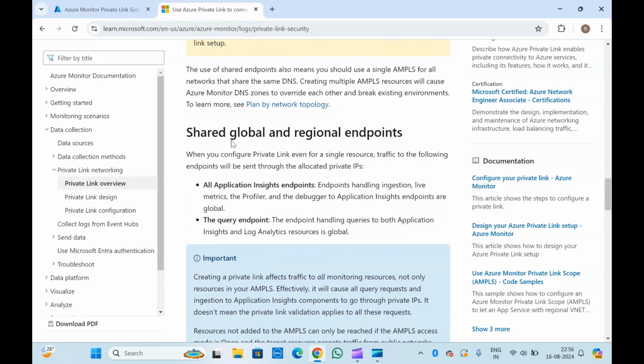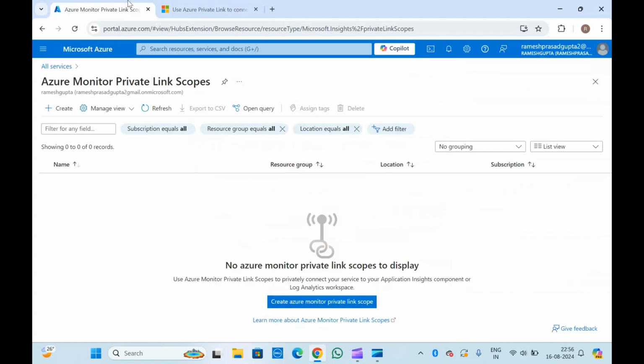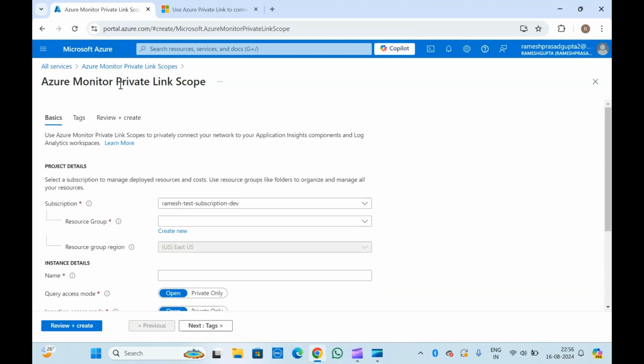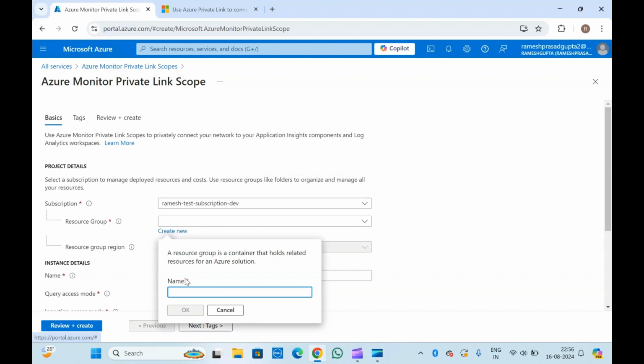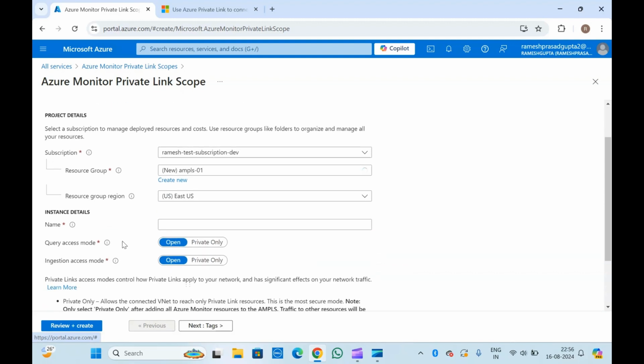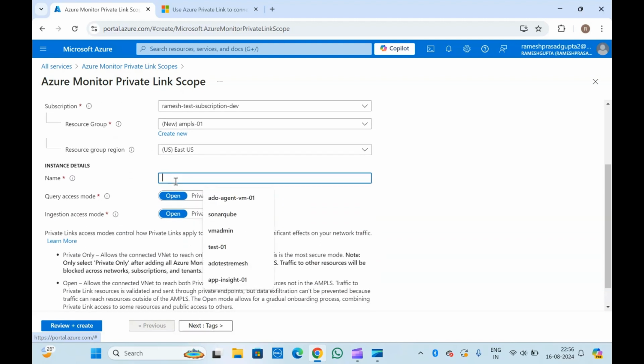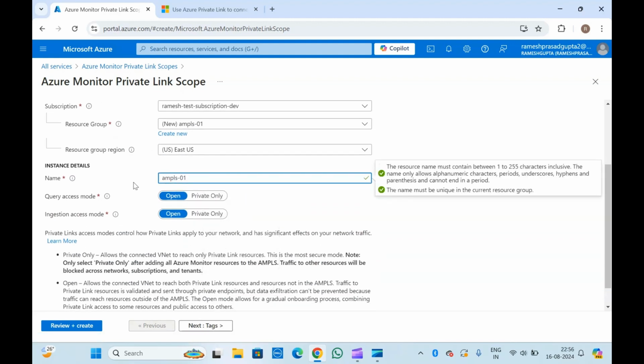Okay, so now let's go to the Azure portal and try to create one AMPLS resource. This is just a simple resource. The main component of AMPLS is the private endpoint. So now let me create AMPLS first and later we'll focus on its private endpoint. Okay. Here let me create a resource group, that is AMPLS-01. Select the region, whatever your region should be based on your requirement,